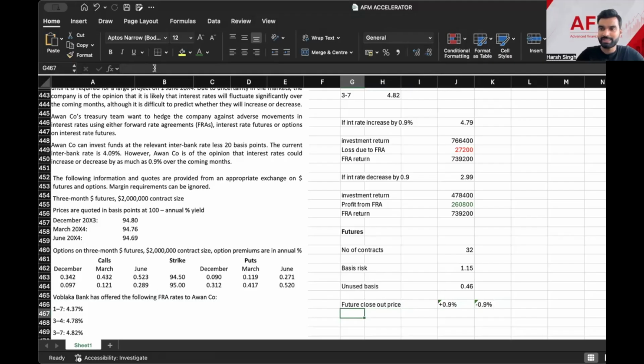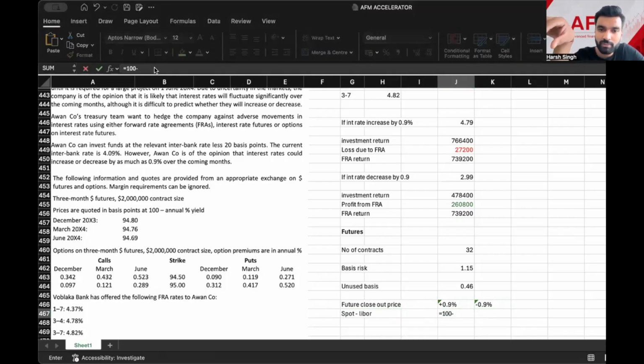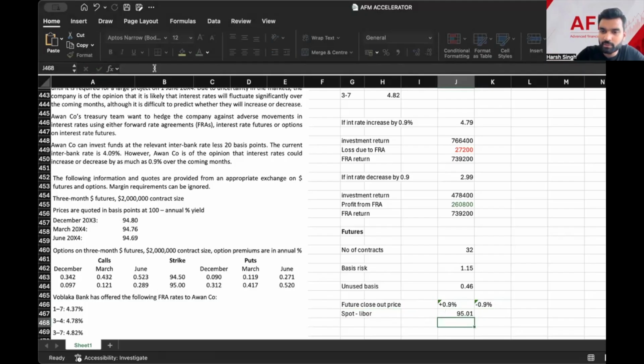So what I'll do is at the start of the day I'll put down spot minus LIBOR. Now spot minus LIBOR is going to be how much? 100 minus, now LIBOR I have to consider both the parts. That will be equal to how much? Increase means 4.09 plus 0.9, so how much will it become? 4.09 plus 0.9. This will become